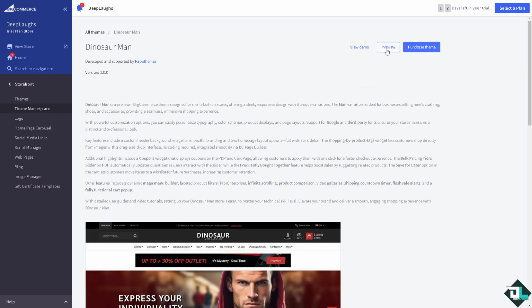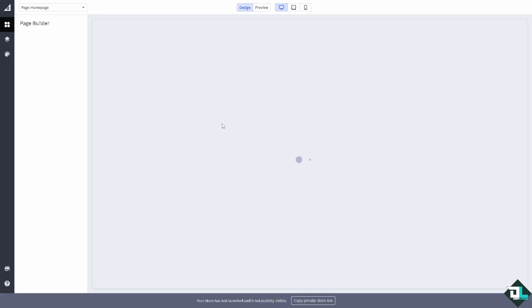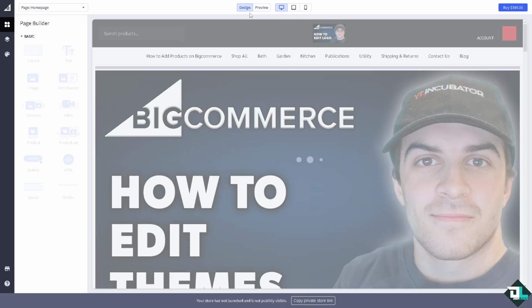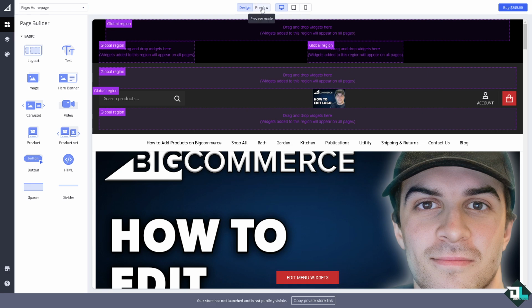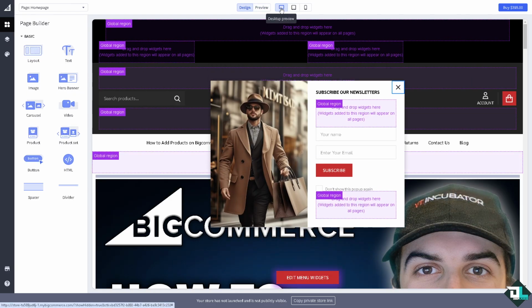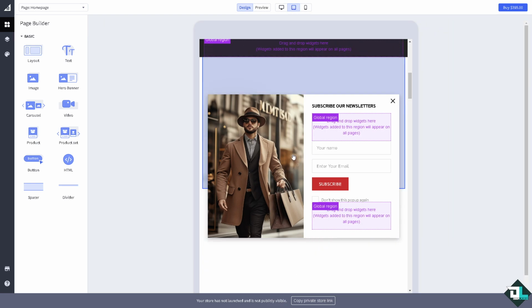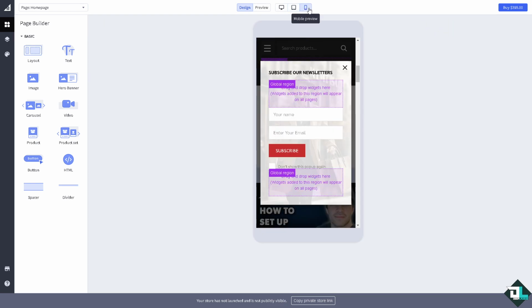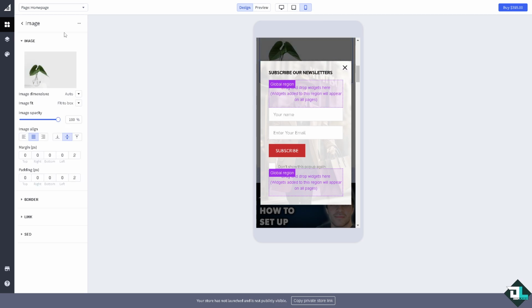If you want to preview the theme, you might want to click on it to check the responsiveness of the themes. Right here you have the preview button, preview mode, design, and this is going to be the desktop preview, the tablet preview right here, and of course the mobile preview, just checking the intuitiveness of the template. All right, now